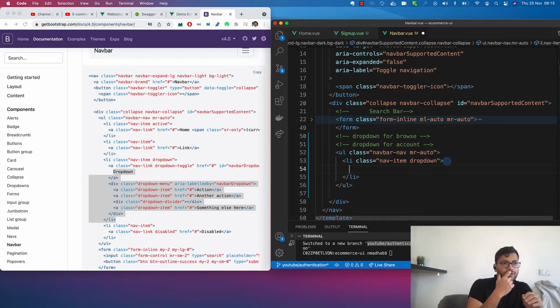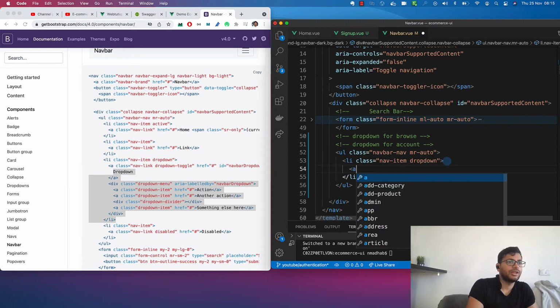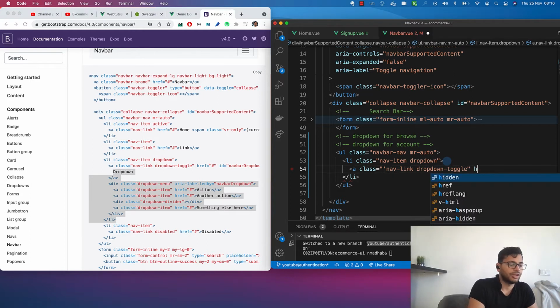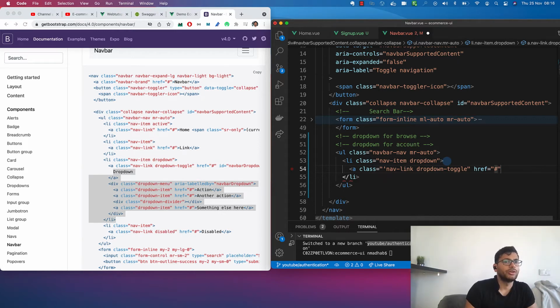And so we'll have account. So it will have a class equal to nav-link, and then we'll have drop down toggle, and href will be just a hash, as you can see, and we'll give an id navbar account,